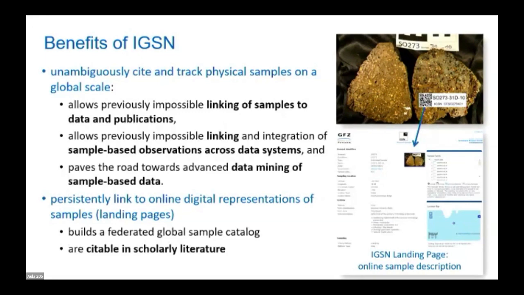And this is then the relation to the previous presentation. What happens when we go out of the geosciences? To the right, you just see one example of an IGSN landing page, which is the online sample description. And as such, IGSNs have a link. You put it in and you come to the sample description. You can even remove some content of your paper to make it shorter and more readable, because you can put all these sample descriptions on the IGSN landing pages.